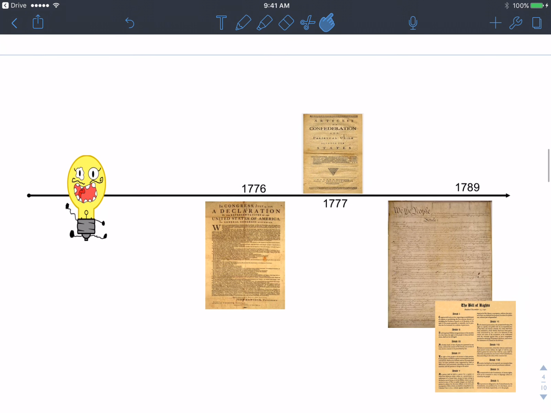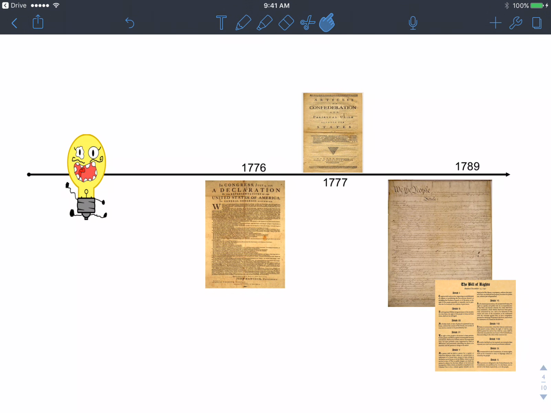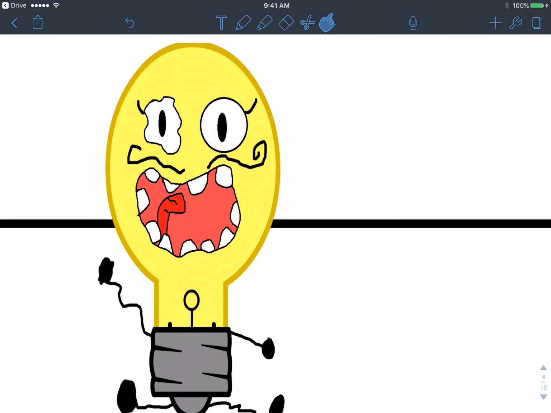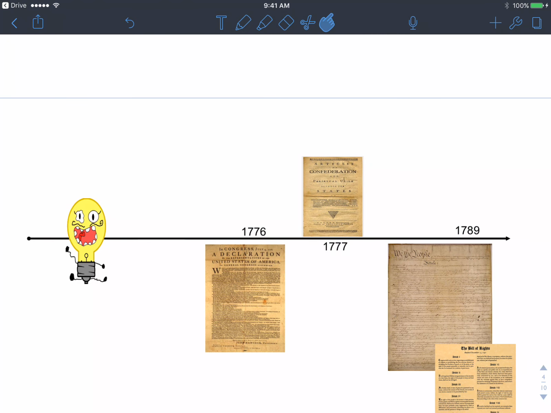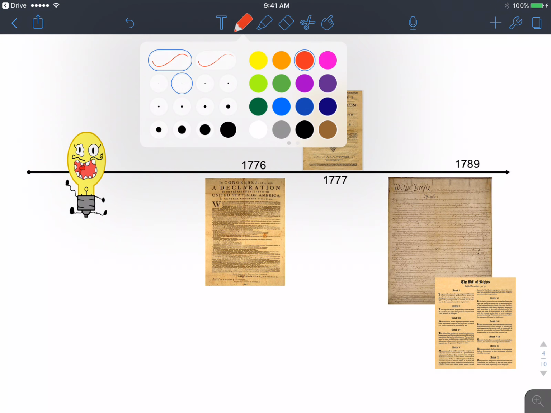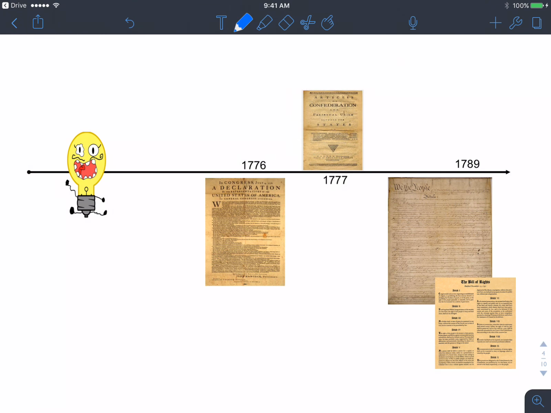So let's take a look at a quick timeline. Here we got a picture of me when I was back in high school. There I am, say hello. Hey guys, it's me, Mr. Malone. All right, let's zoom out. Stop fooling around, guys. Seriously, we gotta take this serious. All right, let's zoom out. We're gonna take a look.